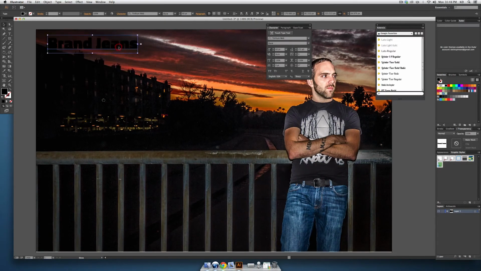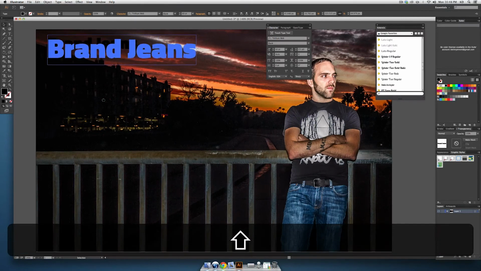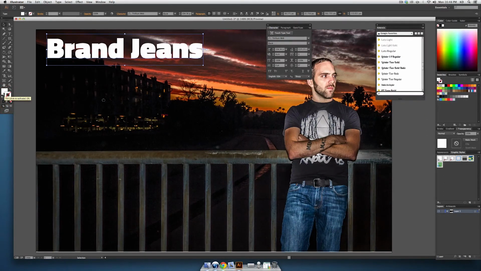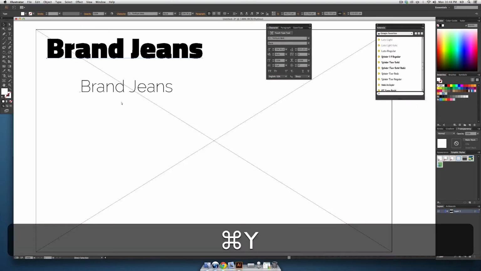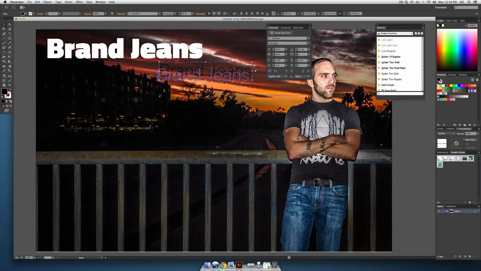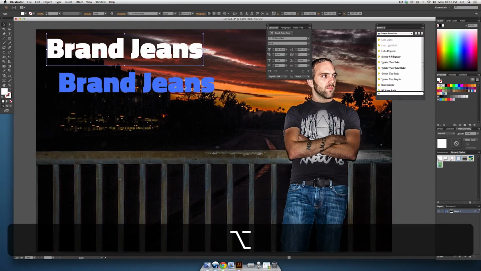So I'm going to take this brand jeans here and make it a little bigger. And I'm actually just going to make the type white, no outline. And that's kind of cool. And Command Y puts me in preview mode, so I can click this, which was otherwise invisible in black there. All right, so I actually like this for a title, but if I wanted to try different title fonts, I'm